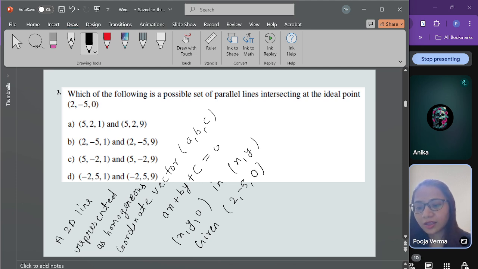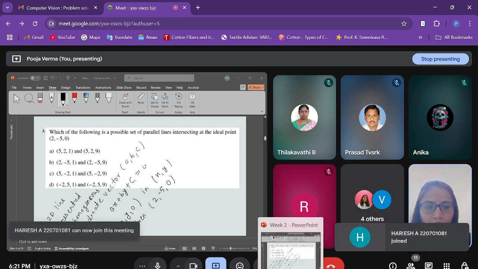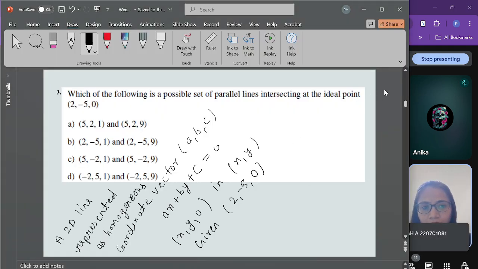That means we are looking for lines that are parallel and share the direction vector 2, -5. So this line must share 2, -5 and must satisfy the line equation,